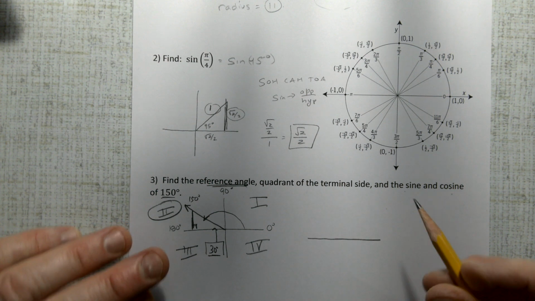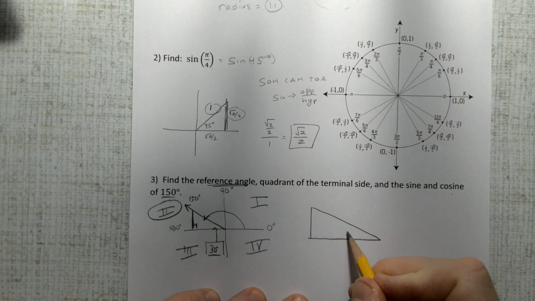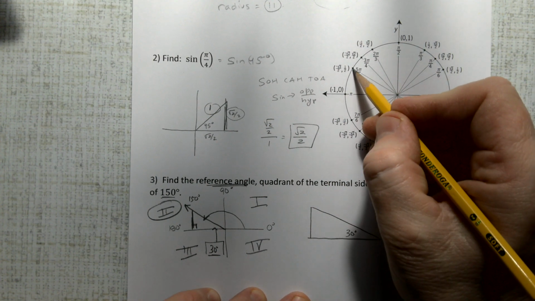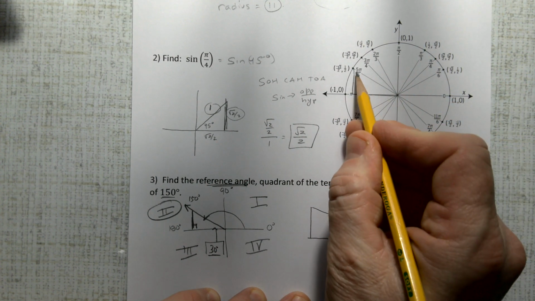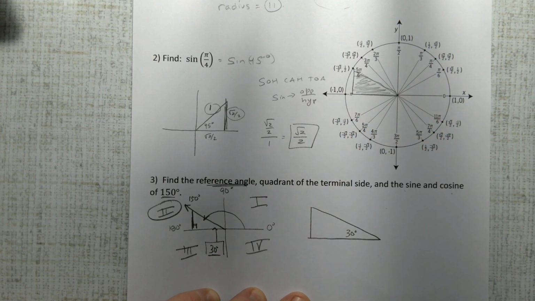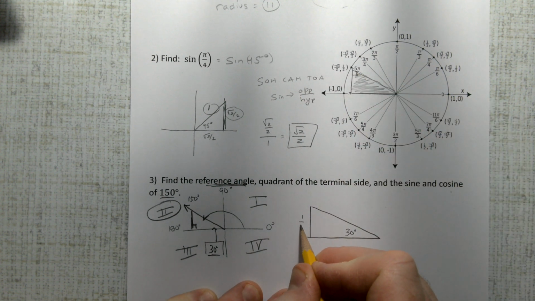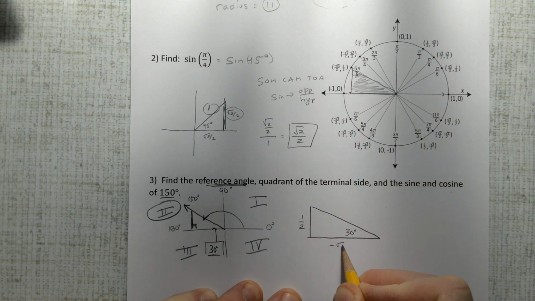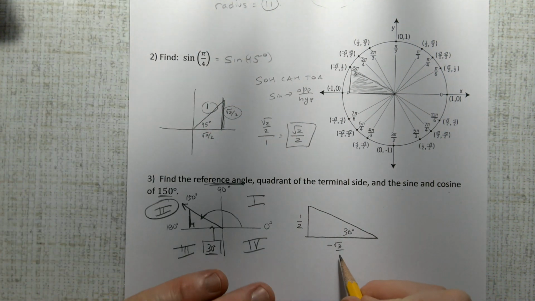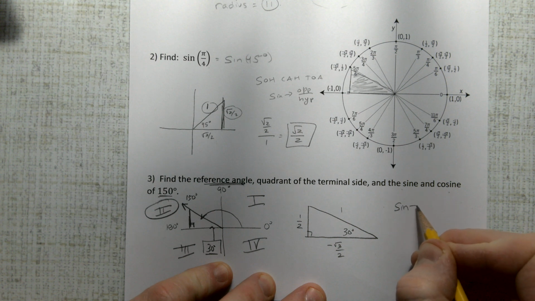Well, again, I'm going to make a bigger version of this triangle over here so we can see it better. 30 degrees, and it's this triangle here on this unit circle. If I shade that in, it's that triangle right there. Well, the height is 1/2. The left distance is root 3 over 2. And this distance is 1. And what do I need? Sine, which is